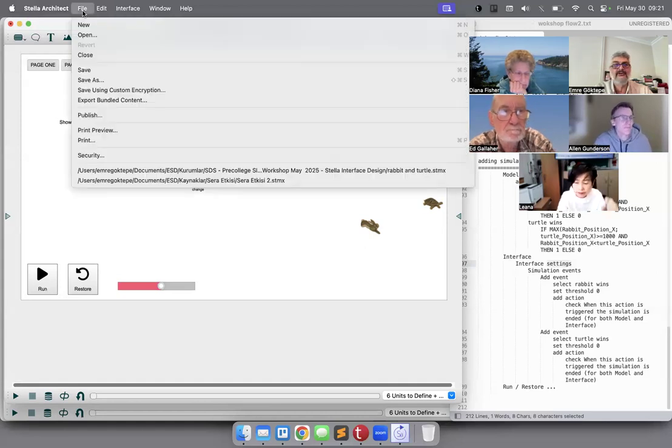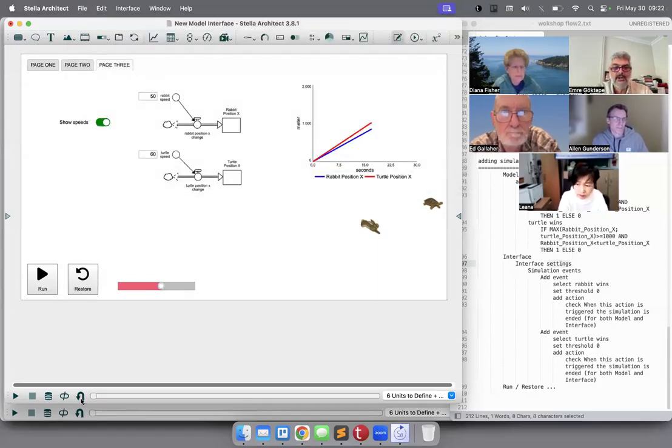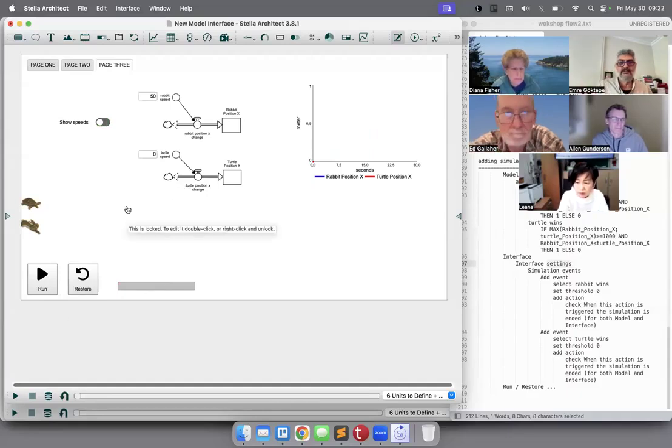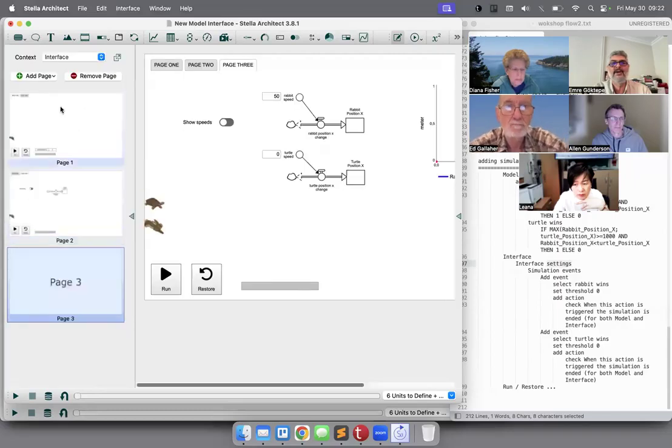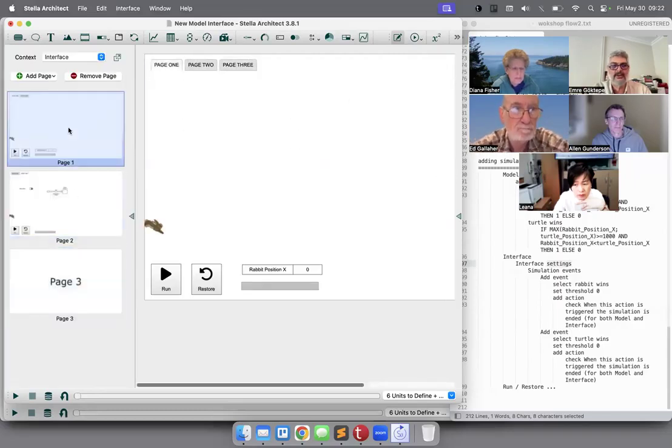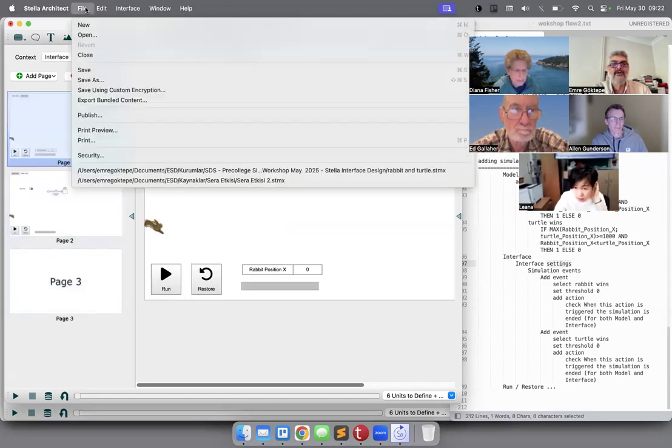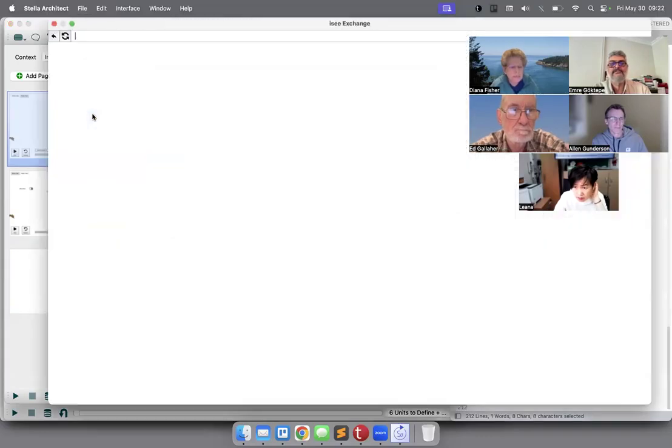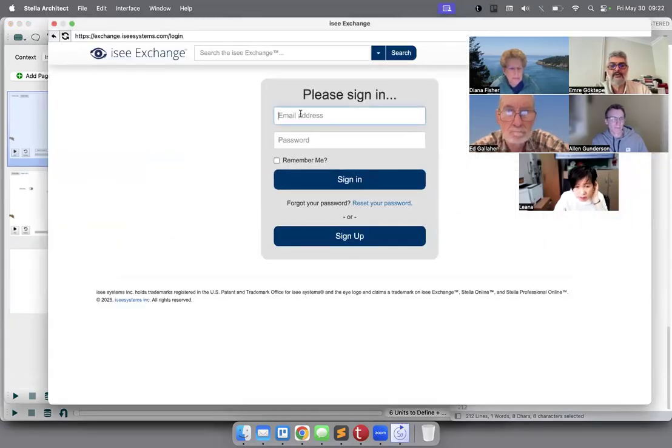In the interface page, but probably you have to restore all of them, because when you publish a run version, then all those things also get published. So if you want a clean one, the page is not important because it just takes the first page as the home page, but you have to restore all of it. File, publish, you have to give